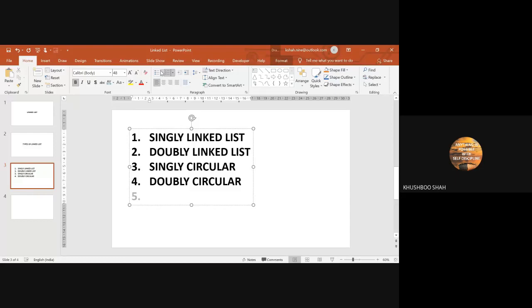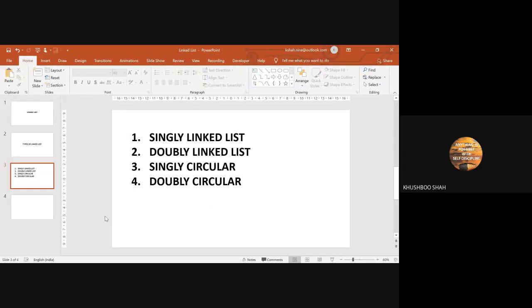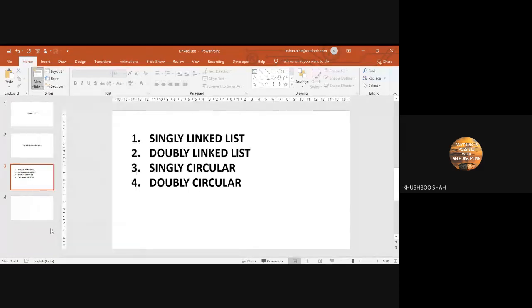Double circular, and okay, in your syllabus there are four linked lists: single linked list, double linked list, single circular, and the double circular. Let me draw the graphical representation of all these four so you can easily understand.